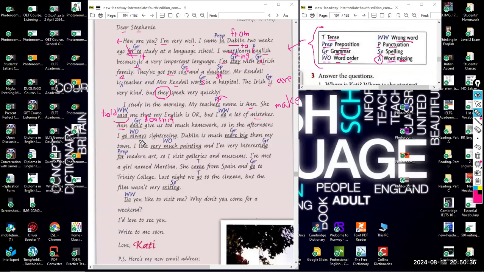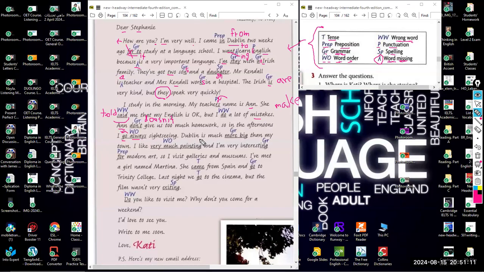So in the afternoons, I go always sightseeing. I always go, should be. Bravo. This is concerning word order. Keep in mind, please, guys, that if you have time markers and a main verb, the time marker should be before the main verb. But if you are using verb to do, verb to have, verb to be, or a modal verb, the time marker should be after. Thank you so much. So I have to say, I always go